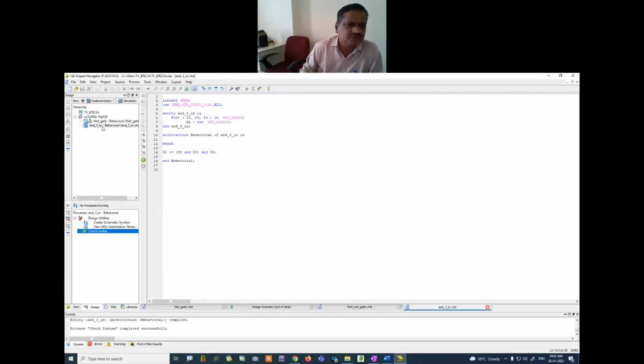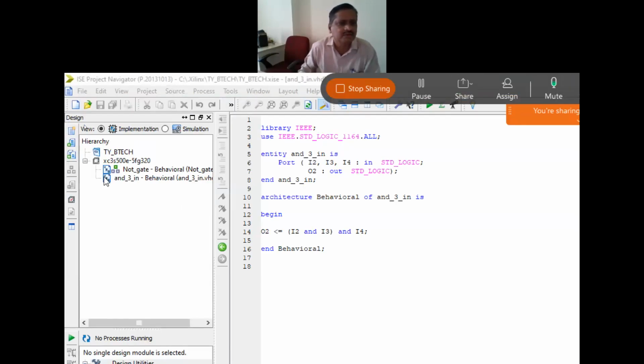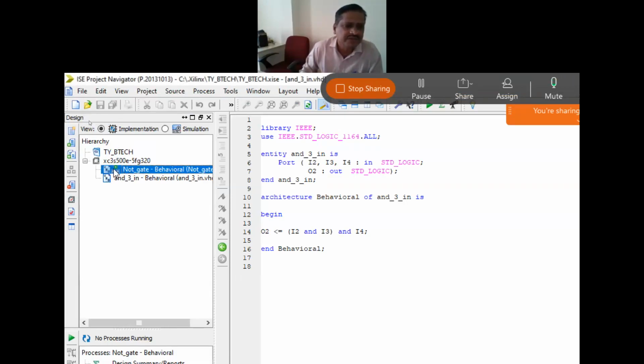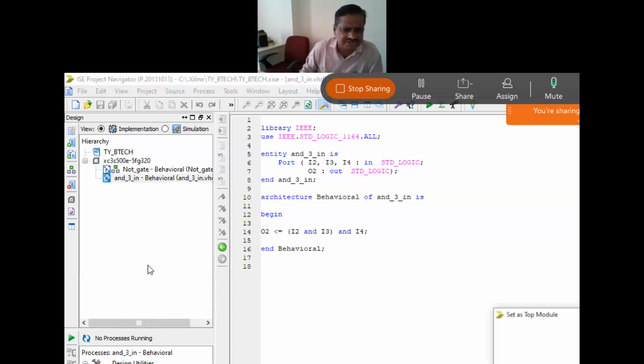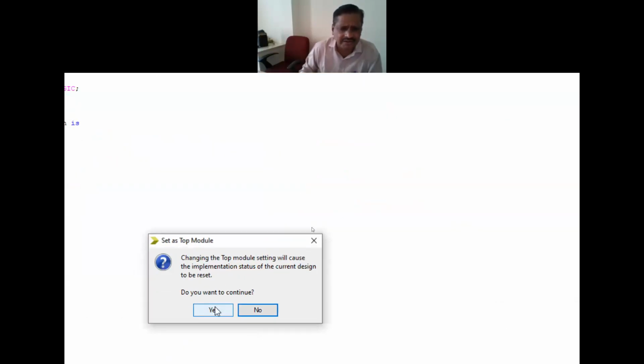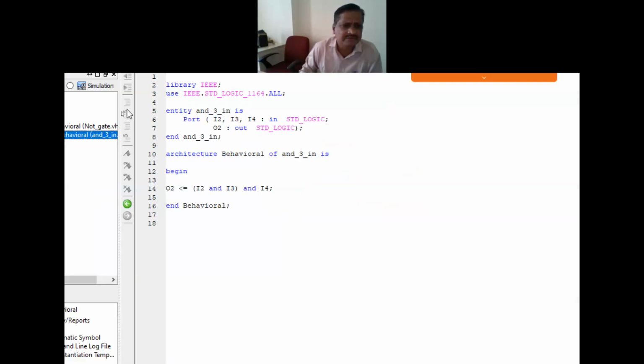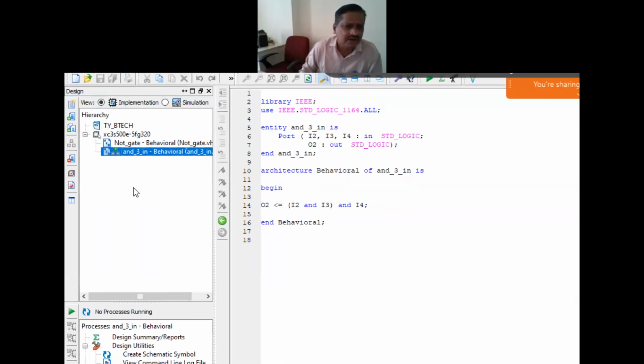Otherwise, if I want to see its internal architecture, अगर इसका internal architecture देखना है तो अभी सिस्टम में क्या है, यहाँ पे देखो, यहाँ पे अगर मैं इसको थोड़ा सा zoom करता हूँ तो यहाँ पे 3 dot दिखते हैं जो यहाँ पे जैसे दिख रहा है ये वाला portion. तो ये होता है top model. अभी हमने top model हम change भी कर सकते हैं। सपोज मैं इसको अगर model को change कर सकता हूं तो इसका internal architecture देख सकता हूं मैं। Set as top model, top model को अभी भी हम change कर सकते हैं। यहाँ पे कुछ warning आएगा, click on yes, continue। उसके बाद ये हमारा top model हो जाएगा। और जब भी ये top model हो जाता है इसको हम synthesize कर सकते हैं,